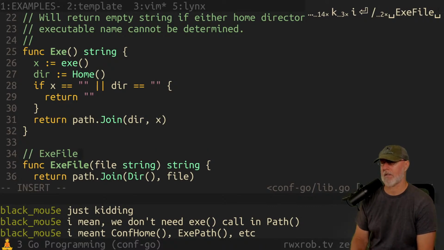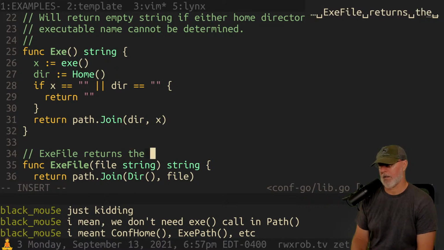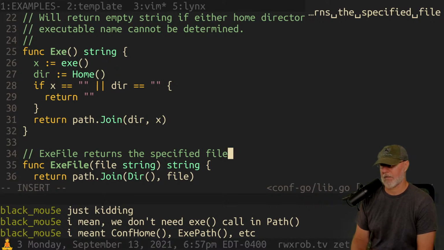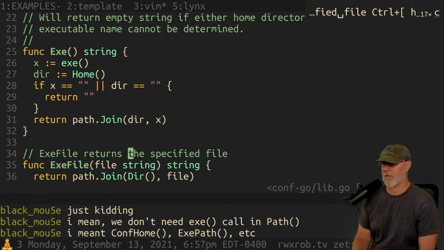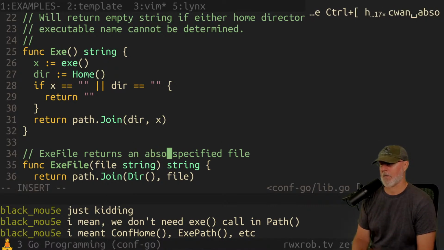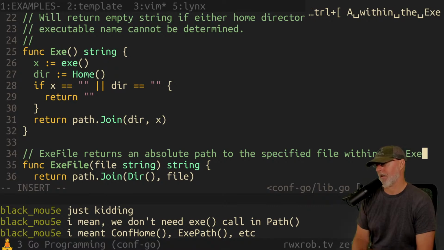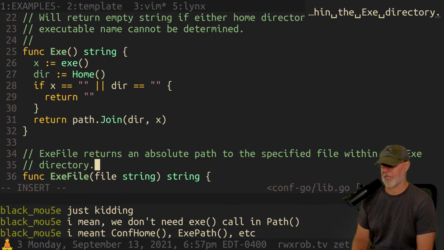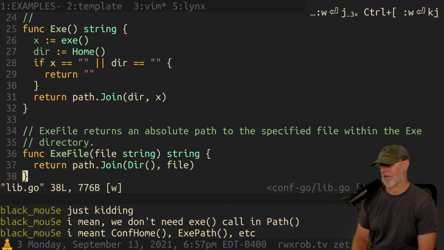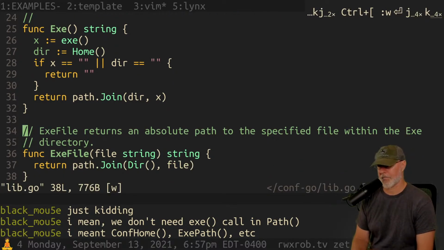Exe file returns the specified file. Returns an absolute path to the specified file within the exe directory. And you know, they should pop up next to each other. All right, let's see what else we got here.